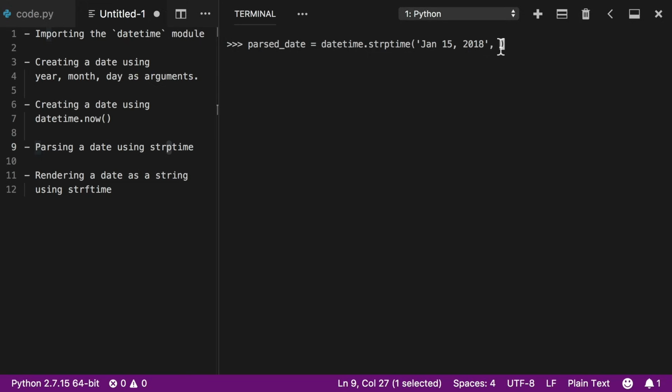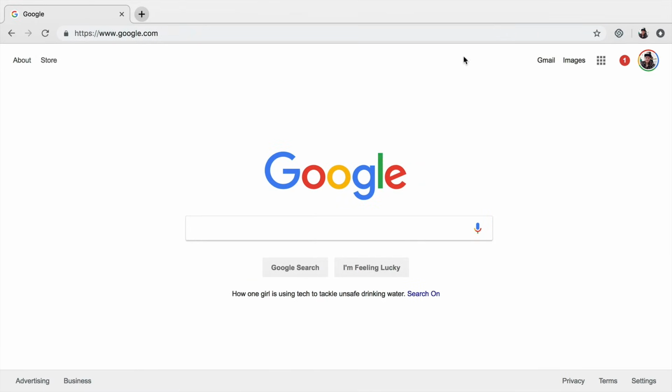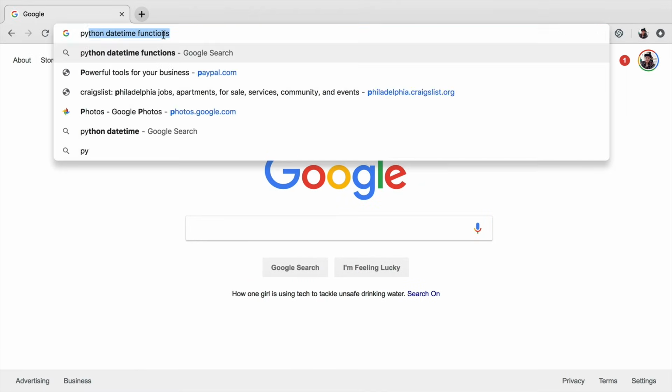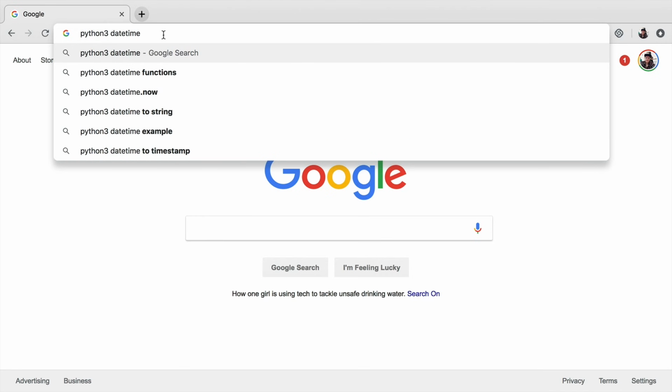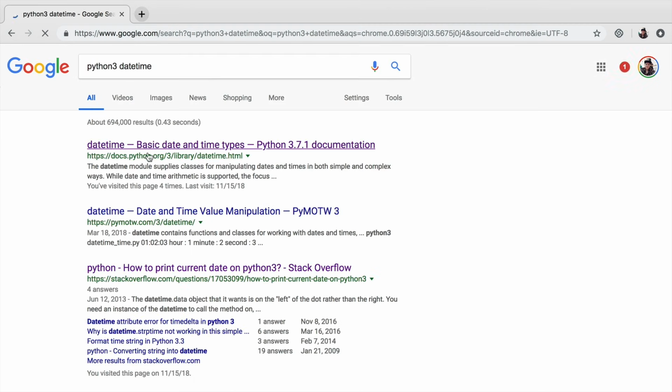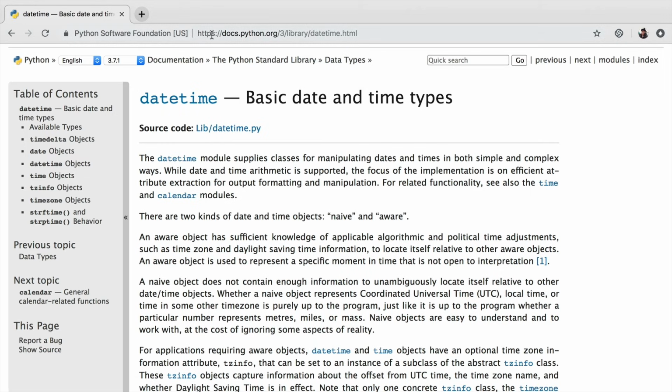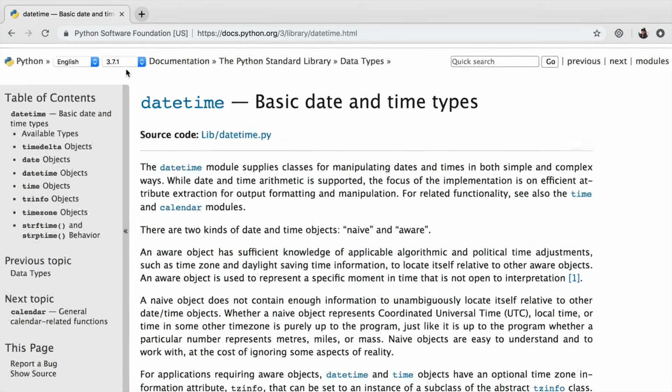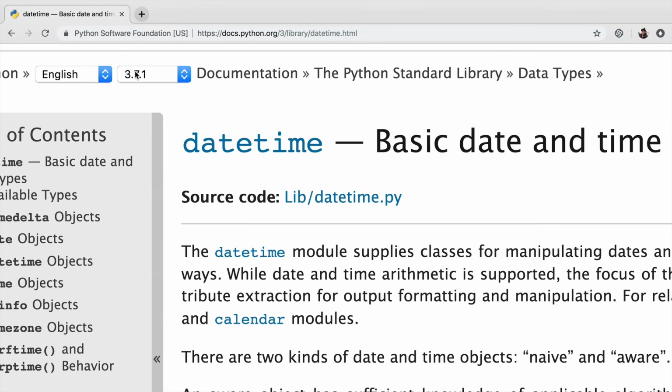In order for me to introduce that, I'm actually going to head over to my web browser. So I'm here on Google, and I'll show you guys exactly how we can pull this up. You just want to type in Python 3 datetime and hit enter, and this should be the first thing that pops up. And this is in the Python docs. Now, anytime you're on the Python docs, you always want to make sure that you have the correct version of Python selected. In our case, it's the latest version of Python 3, because a lot of the Python docs are also available for Python version 2. So always make sure that you're on version 3.